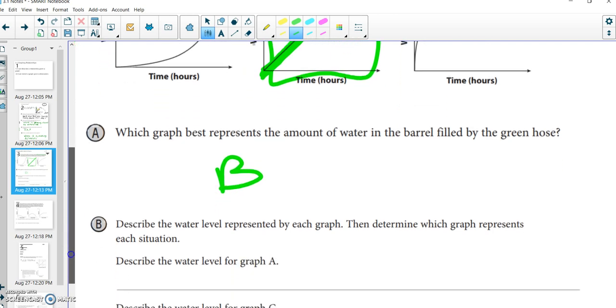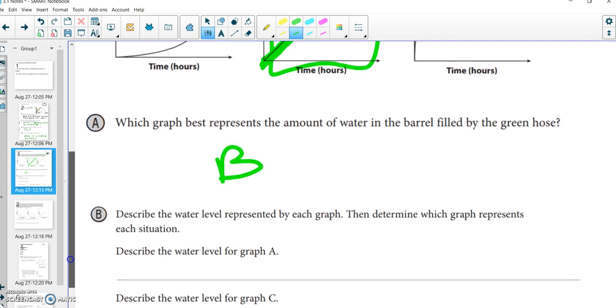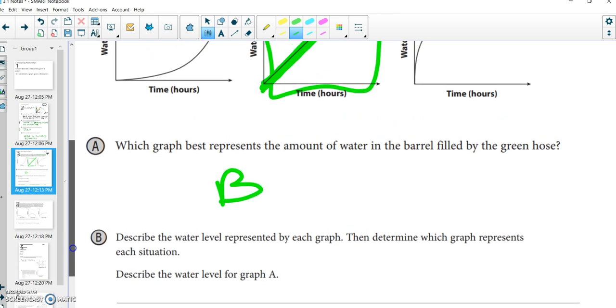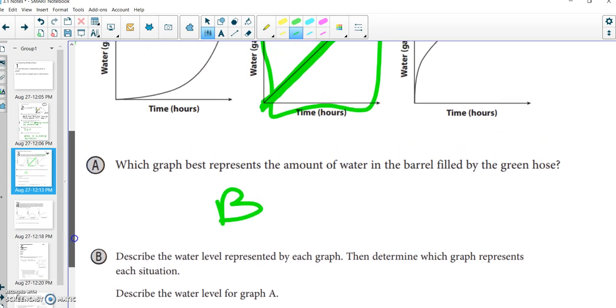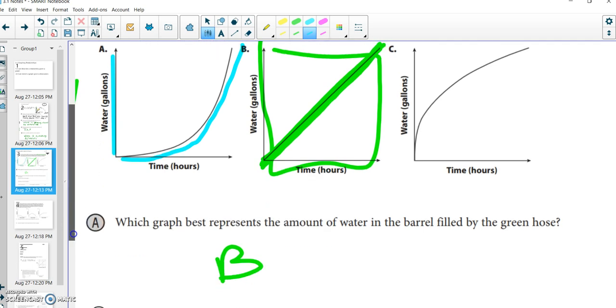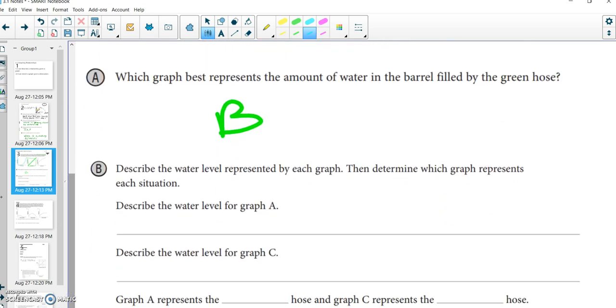If we want to describe the water level represented by each graph and determine which graph represents each scenario, so graph A, if we look at that, we're starting off where our water, remember this is our water in gallons, it's really, really low, and then all of a sudden, it gets really high. So what we would probably want to say is something like,